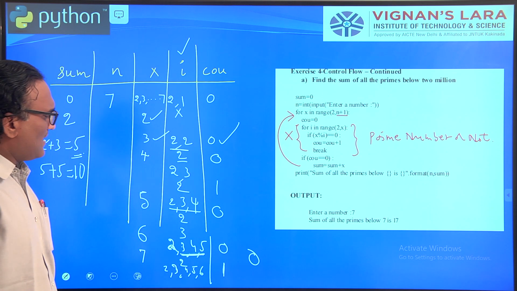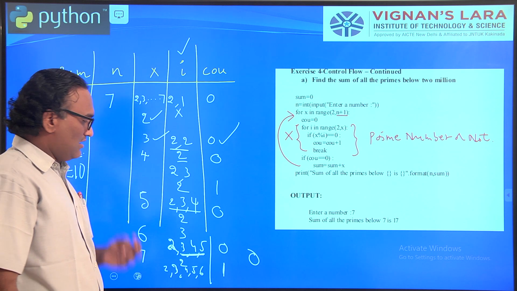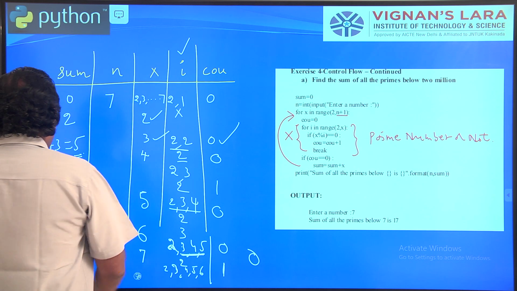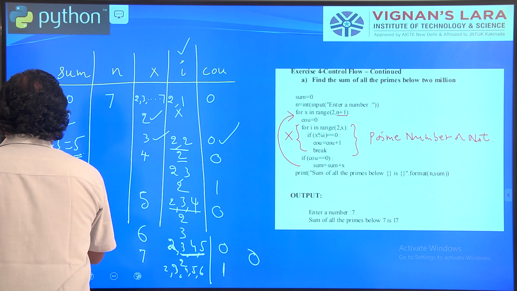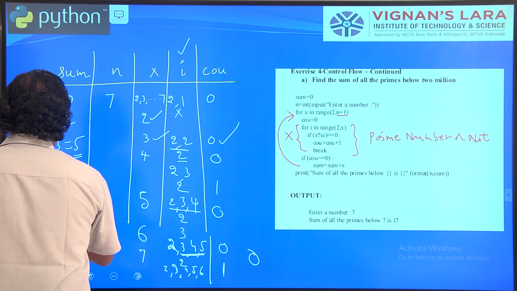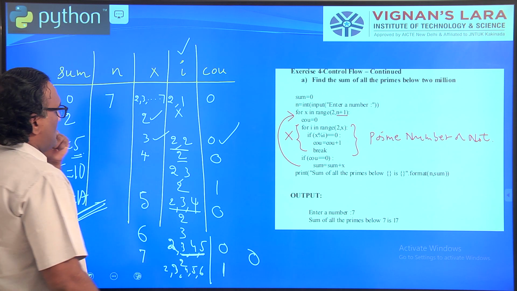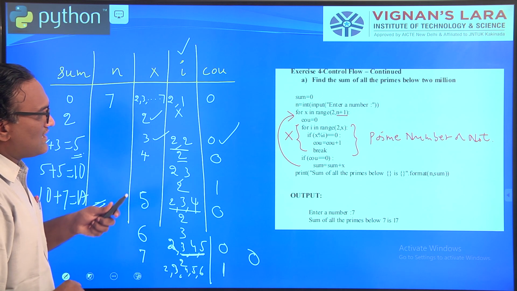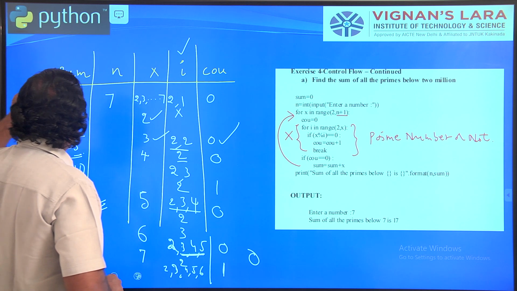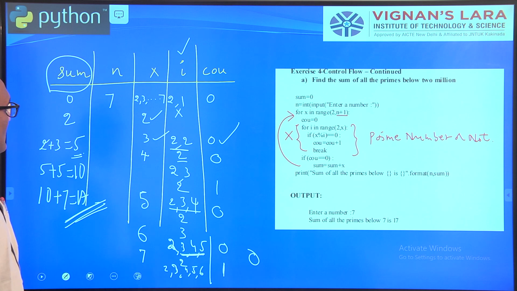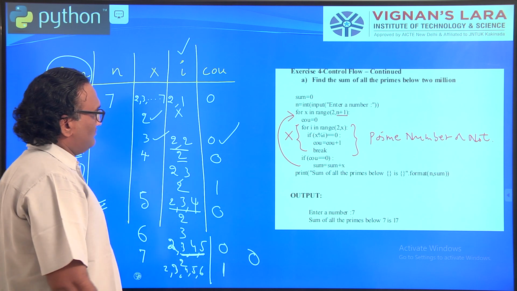It is not divisible by any number. Then sum is getting added: 10 plus 7, which is equal to 17. So the expected output is going to be there in the sum. Now we are printing that sum.